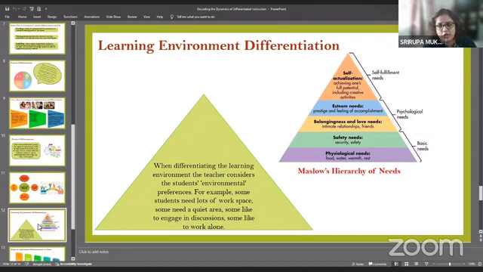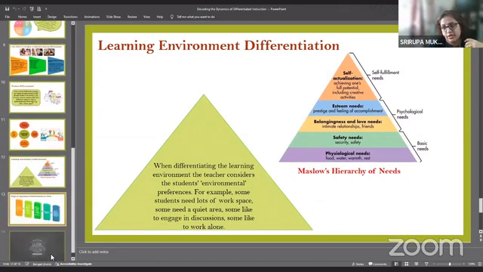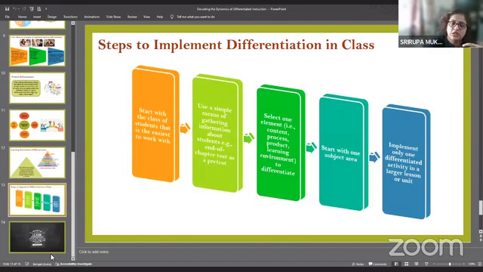That is very important, because only when they feel cared for do they think, okay, I can trust the teacher. I can now listen to what this person is trying to tell me. So that is something very, very important which we need to keep in mind when we are trying to adopt differentiation strategies. Whatever I have said so far is just a handful of different strategies. There could be many more strategies of differentiation that we can adopt.